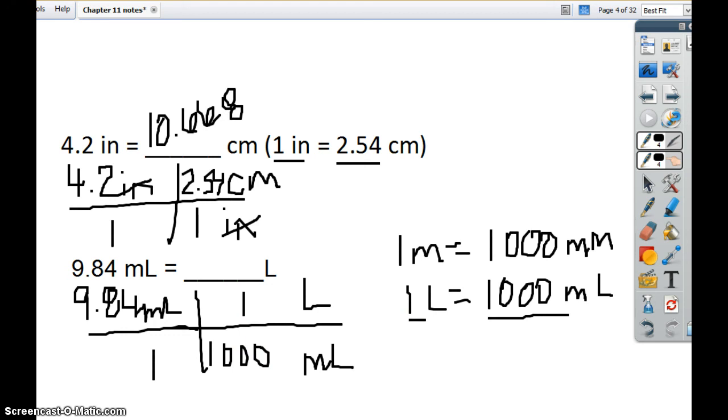So this time, now the non-1 number is on the bottom. So you want to take 9.84 and divide by 1,000. When you do that, you get